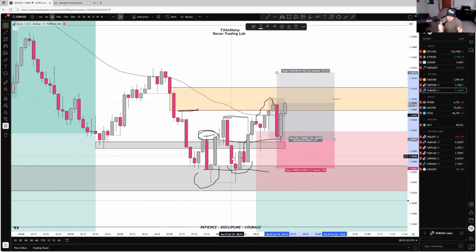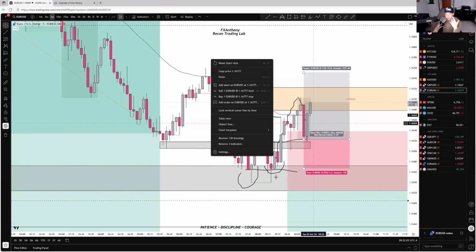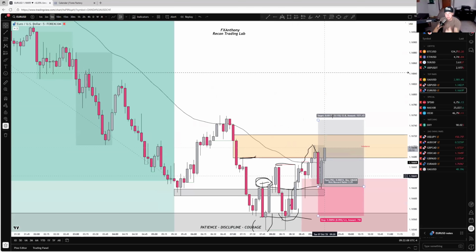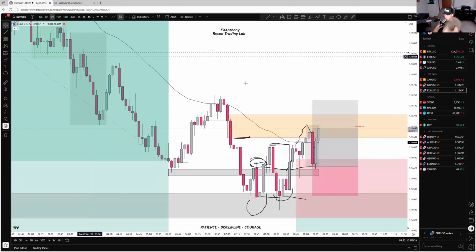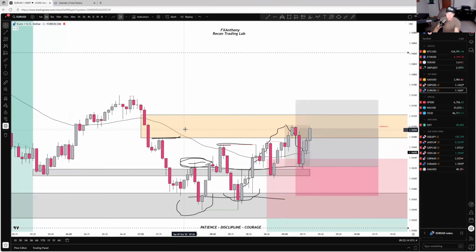I pointed this out right when we got on the Zoom here. And if you don't believe me, watch the recording when I post it. But we pointed this out right away, right when we got in here. Why didn't we take this? This is the exact reason why I closed out my trade, because I saw this setup happening. I'm not going to take the counter trend buys because it's counter trend. I don't want to trade against the trend, right?